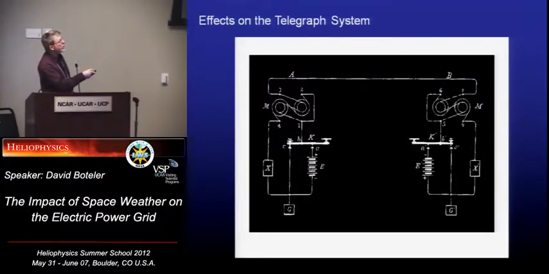The circuit was completed, because when the operator is not pressing his key, there's a connection through here down to ground. So you've got a complete loop through here. That way they could send signals in either direction. When they used the system, the spring is holding, there's a connection through there, and there's a connection through there to ground. So both ends are grounded. Whichever end the operator actuates the key, the signal goes and there's a path to ground at the other end.